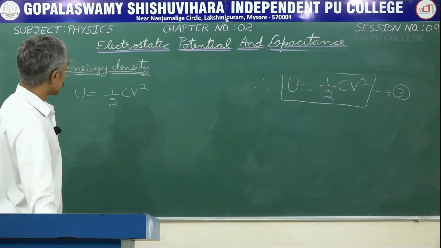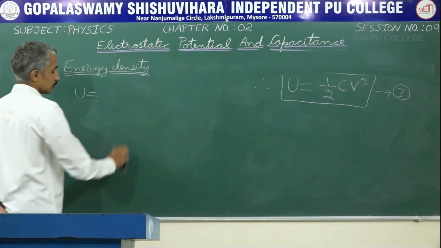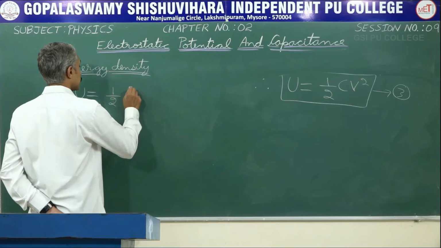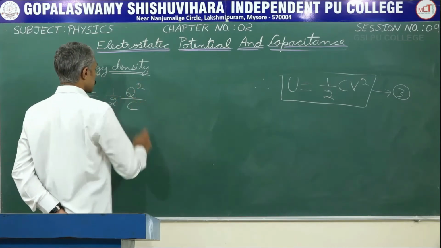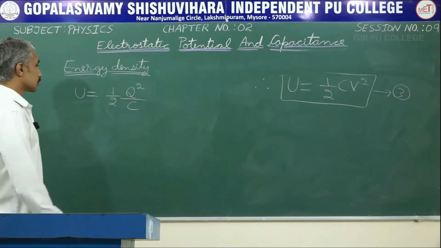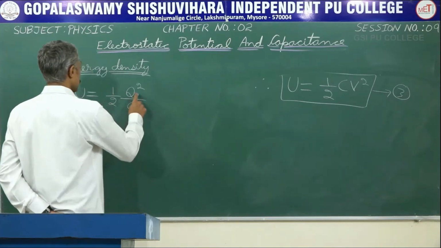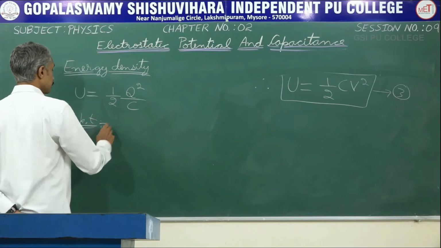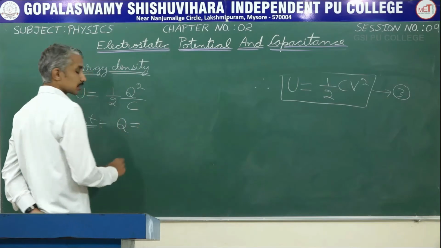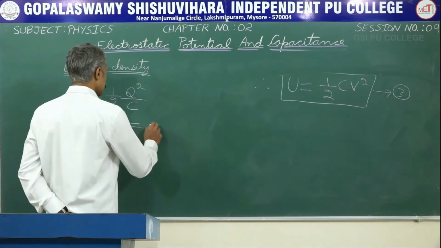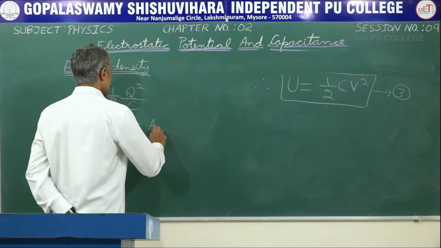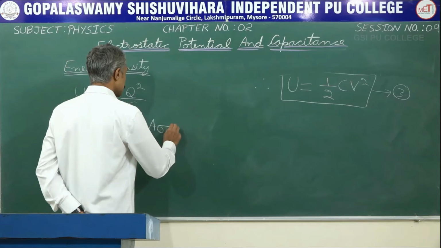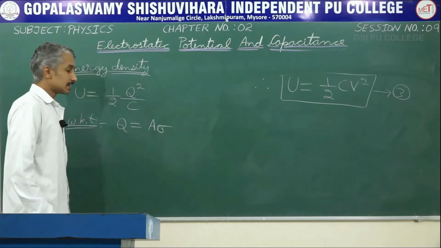Instead of this, you can write this as half Q square by C. Now Q, the charge, can be written as area of each plate into sigma, which is the surface charge density,